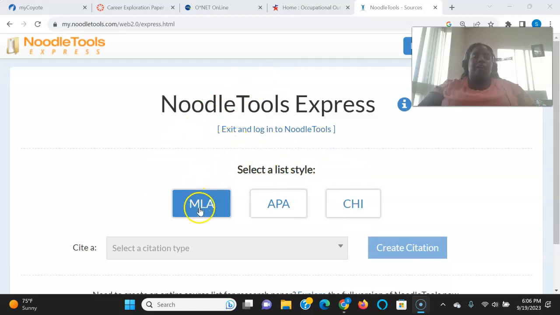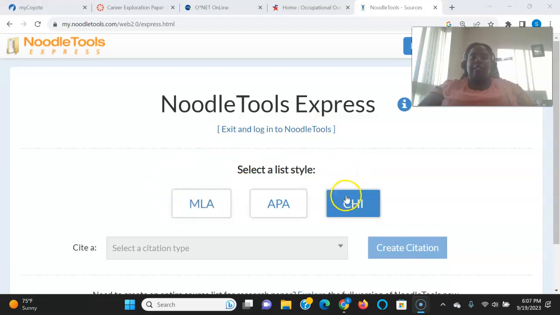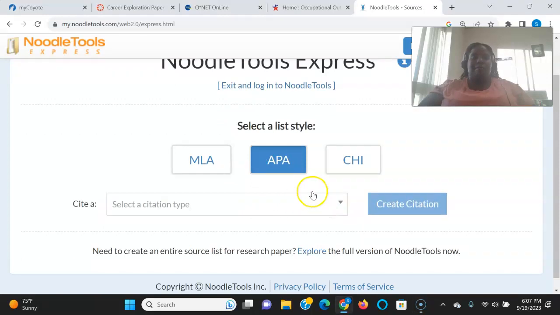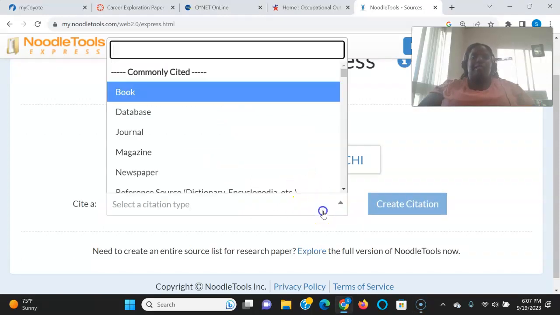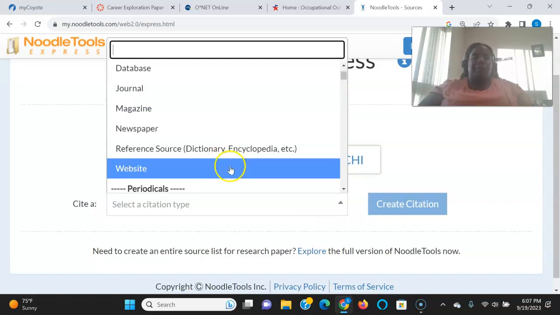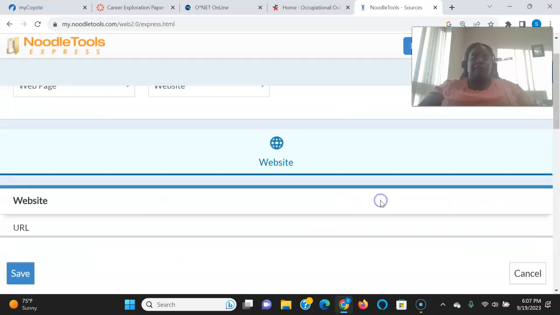For this class, we're not going to use MLA, but this will be great for your English courses. And then Chicago style, I believe, is used for history and poli-sci. But for communication studies, we use APA, and psychology and sociology. So once you click on the list style, say if you want to use a website, I'm going to create